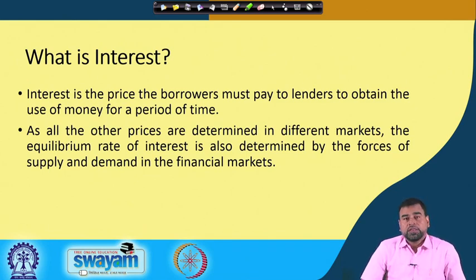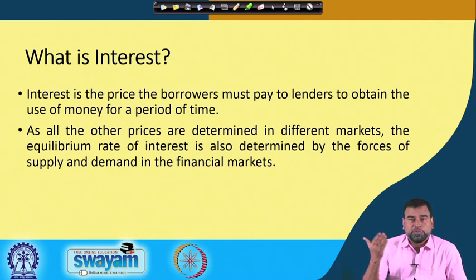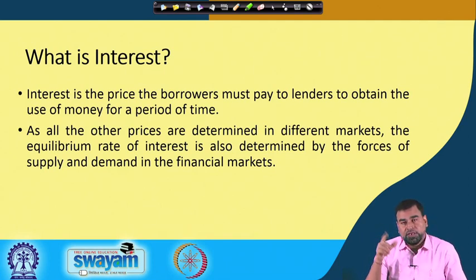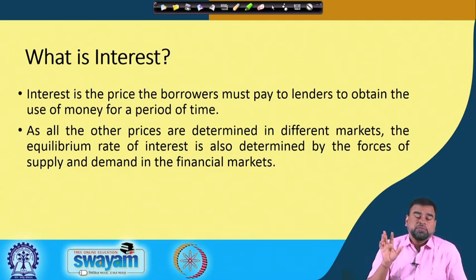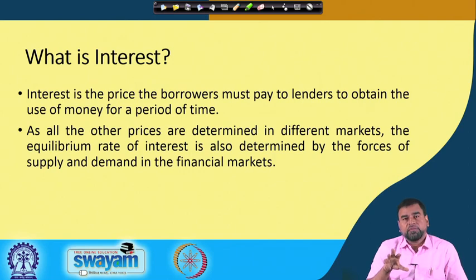So, before we go to specific markets, which we will be discussing in the upcoming sessions, today I am just going to explain how, in the aggregate sense, the level of interest rate is determined. On supply and demand, there is a big debate in economic history, and various economic theories argue how this level of interest rate is determined in the market system.